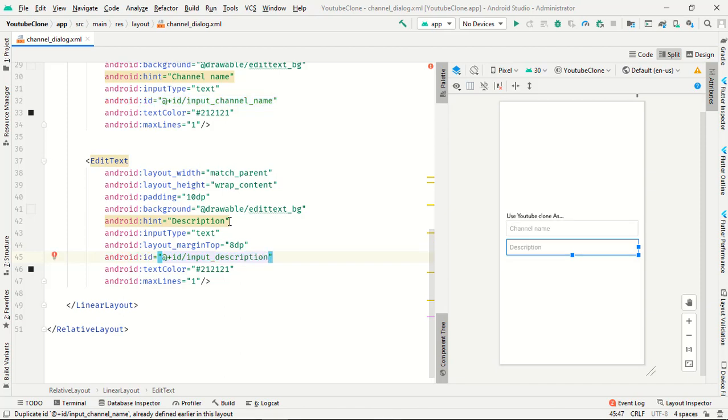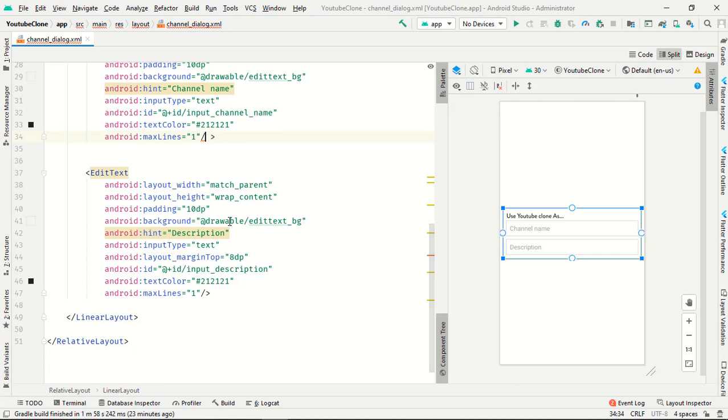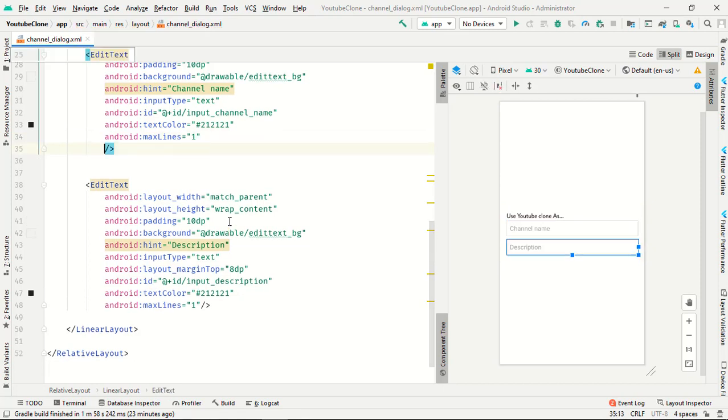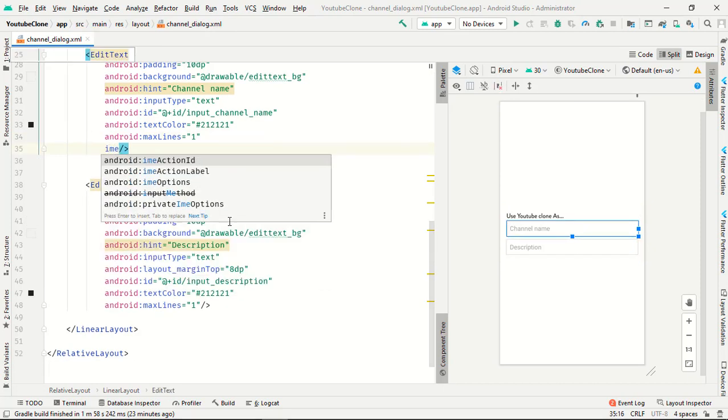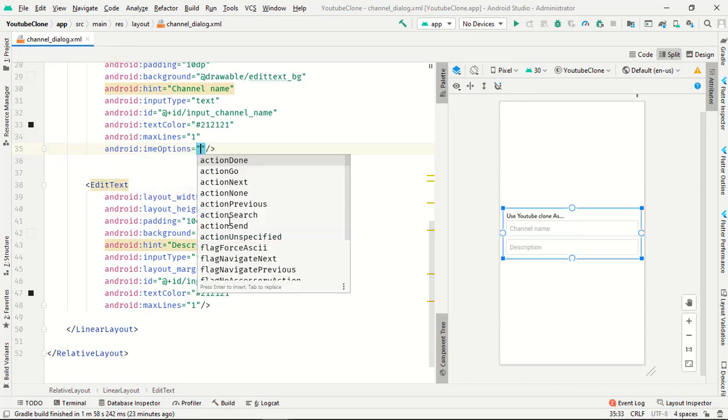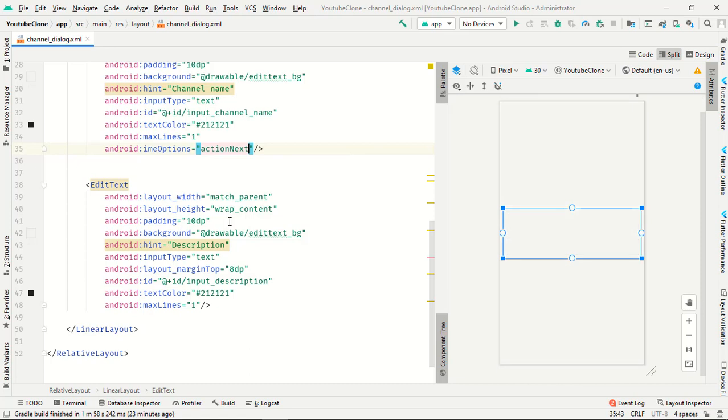Perfect. Now we need one more thing: IME option, action next. Whenever you click the enter button on your phone keyboard, it will go from here to here. That's why we are using action next.